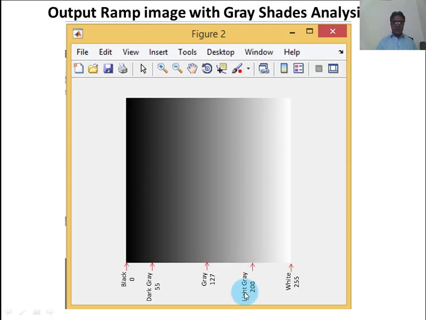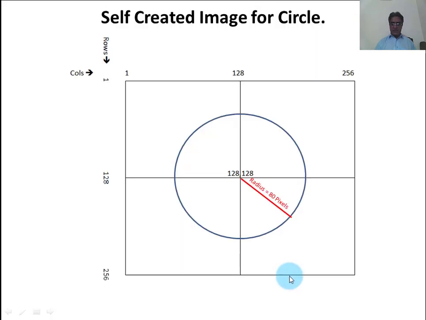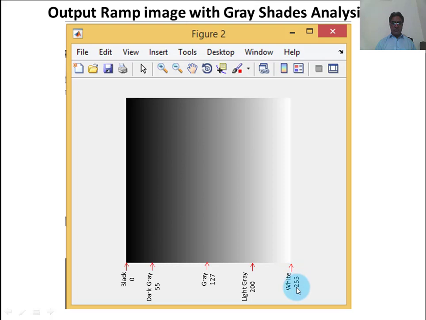Let's suppose the light gray shade whose value is 200, and when we reach the end of this image, the last pixel becomes white, and its value increases from 127 to 255.